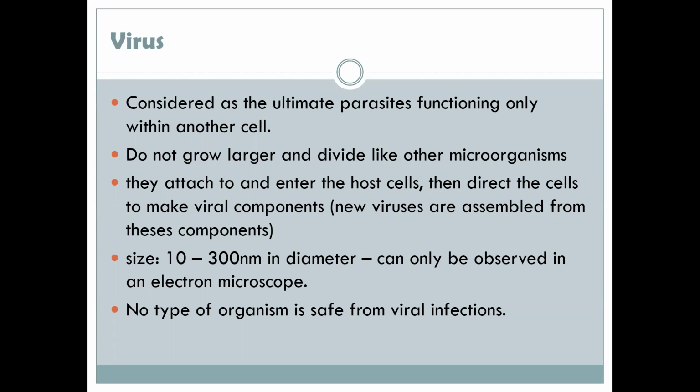So they do not grow larger and divide like other organisms. They attach to and enter the host cells, then direct the cells to make viral components. When we say viral components, these are the new viruses that are assembled from these components. Viral sizes normally range from 10 nanometers to 300 nanometers in diameter and can only be observed in an electron microscope. If you can remember your electron microscopes, you have the scanning or the transmission electron microscope, the SEM